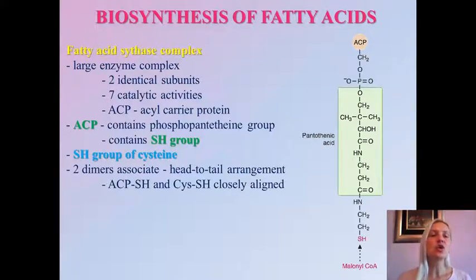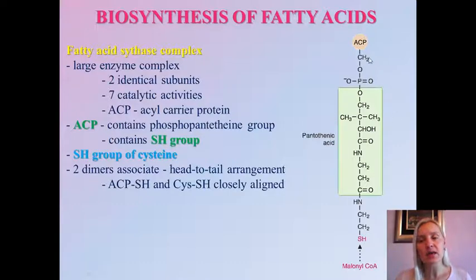It is a huge enzyme complex, and it consists of 2 identical subunits, and each of these subunits actually has 7 catalytic activities. Also, each of these subunits has one very specific protein that I've already mentioned, that is ACP, acyl carrier protein,